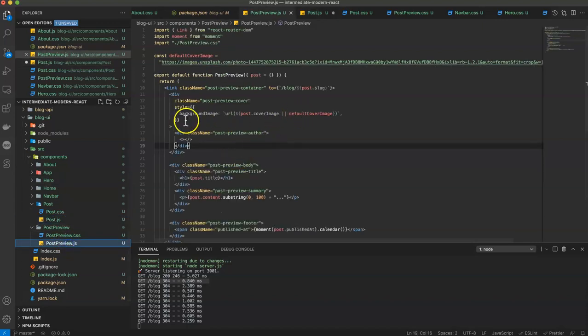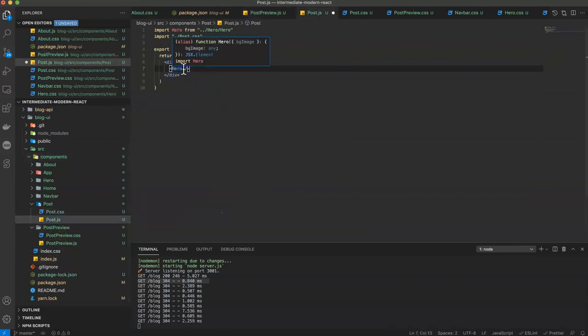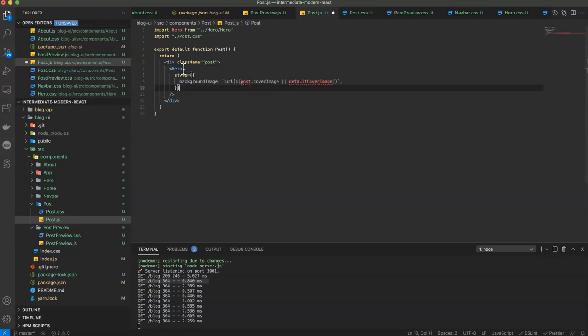We'll just do exactly this, right? But we do need a default image though, so let's go look up another fun, beautiful default image, which is always fun. And it said that's not going to be style, it's just going to be BG image, and we will just pass in either, oh yeah, we did actually just want that string, either the post.cover image or the